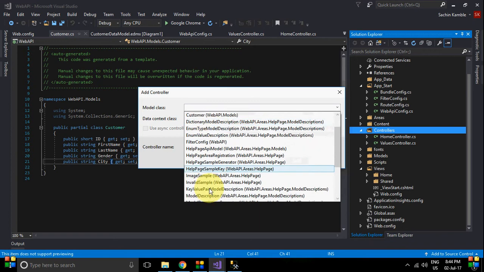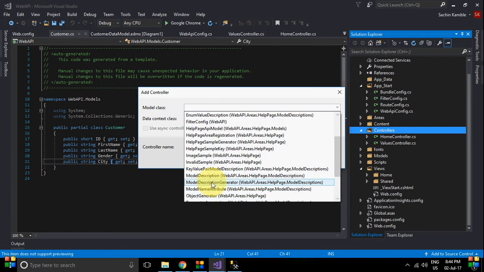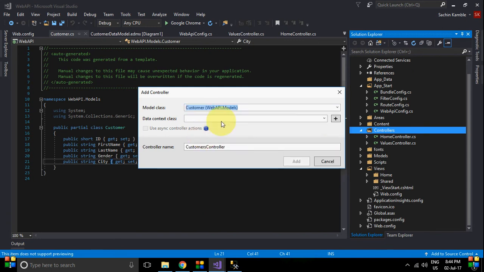Model class, in the drop down, see the model class. So we have created model as a customer. So this is a customer class and context class is the connection string name. Okay, so controller name is customers controller. Click add.